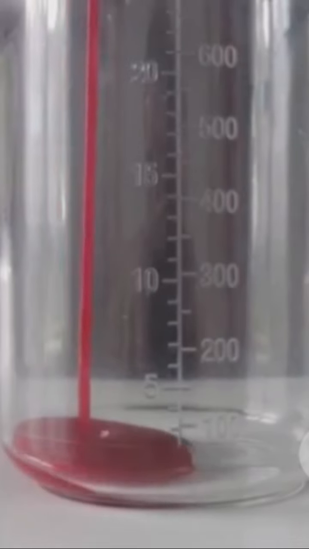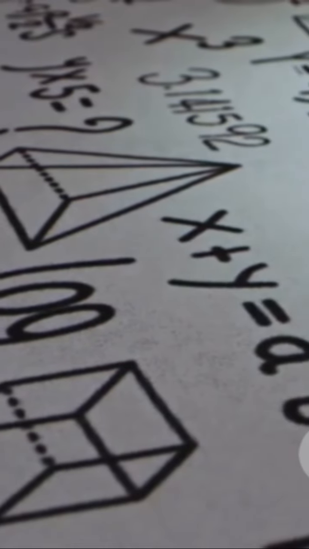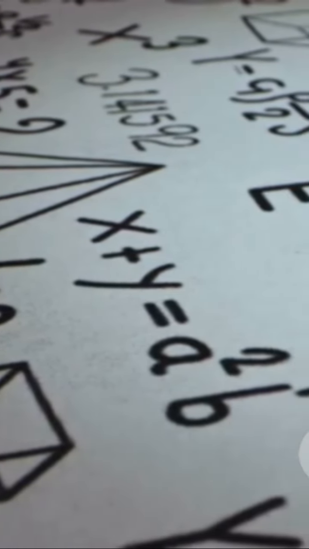But what if I flip the script to food science, specifically packaging design? Here, integration is my secret weapon. Imagine you're designing a food pack and you want to figure out exactly how much volume it holds. Let's say your pack is a cylinder. Classic shape, right? The formula for volume is V equals πr²h, where r is the radius and h is